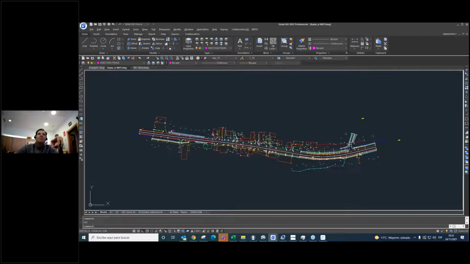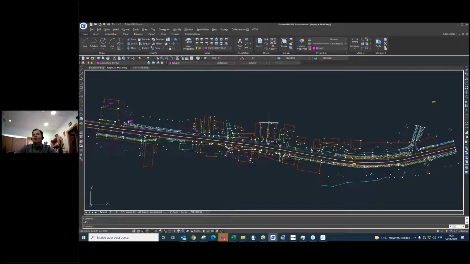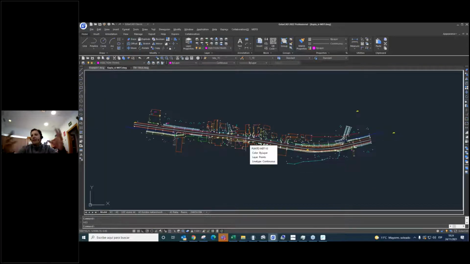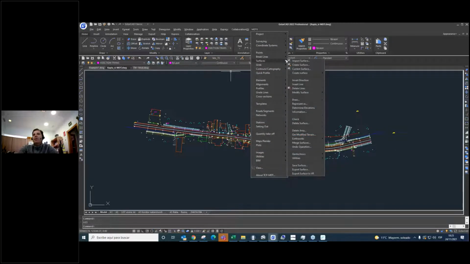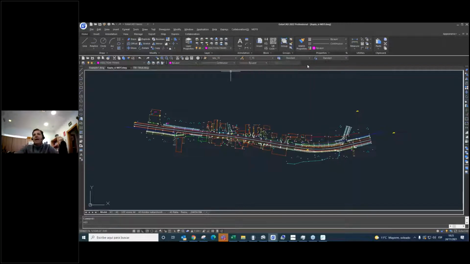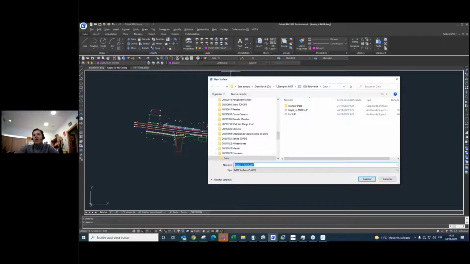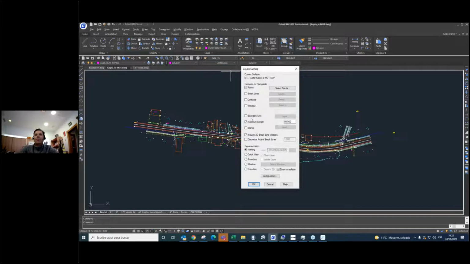So in this case, I'm going to create a surface to create a digital model to work and analyze the terrain. I'm going to use MDT surface, create surface. I'm going to give a name, for example, TcpMDT, save, to replace.